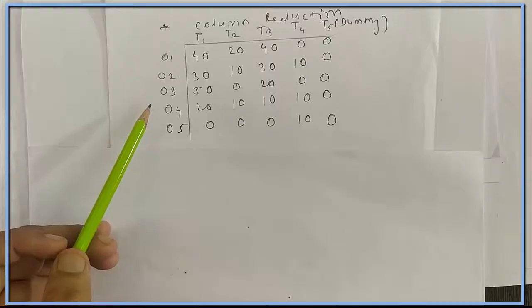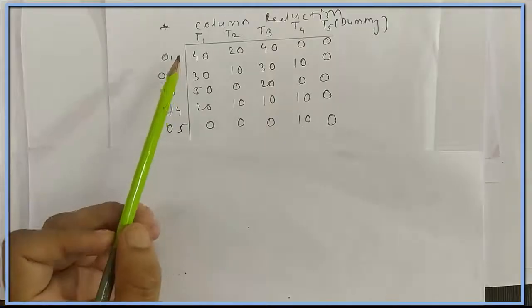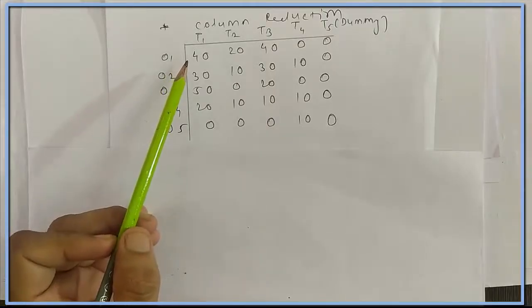After row reduction and column reduction, we will get this matrix. First step was row reduction. Second step was column reduction. Now we will draw the minimum number of lines to cover all the zeros of the matrix. For that purpose, we will follow row scanning and column scanning. First in the row scanning, we will start with the first row. Suppose if the row contains exactly 1 zero, then mark a square around it and draw the vertical line passing through that 0, otherwise skip the row.